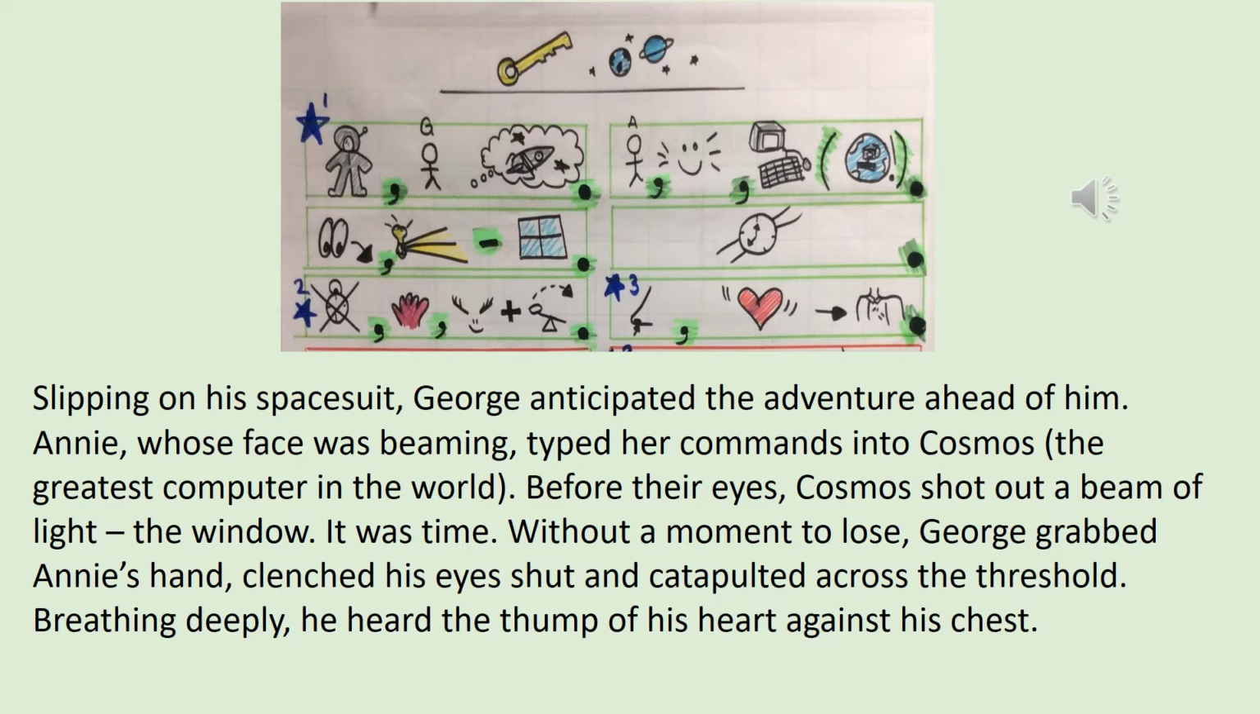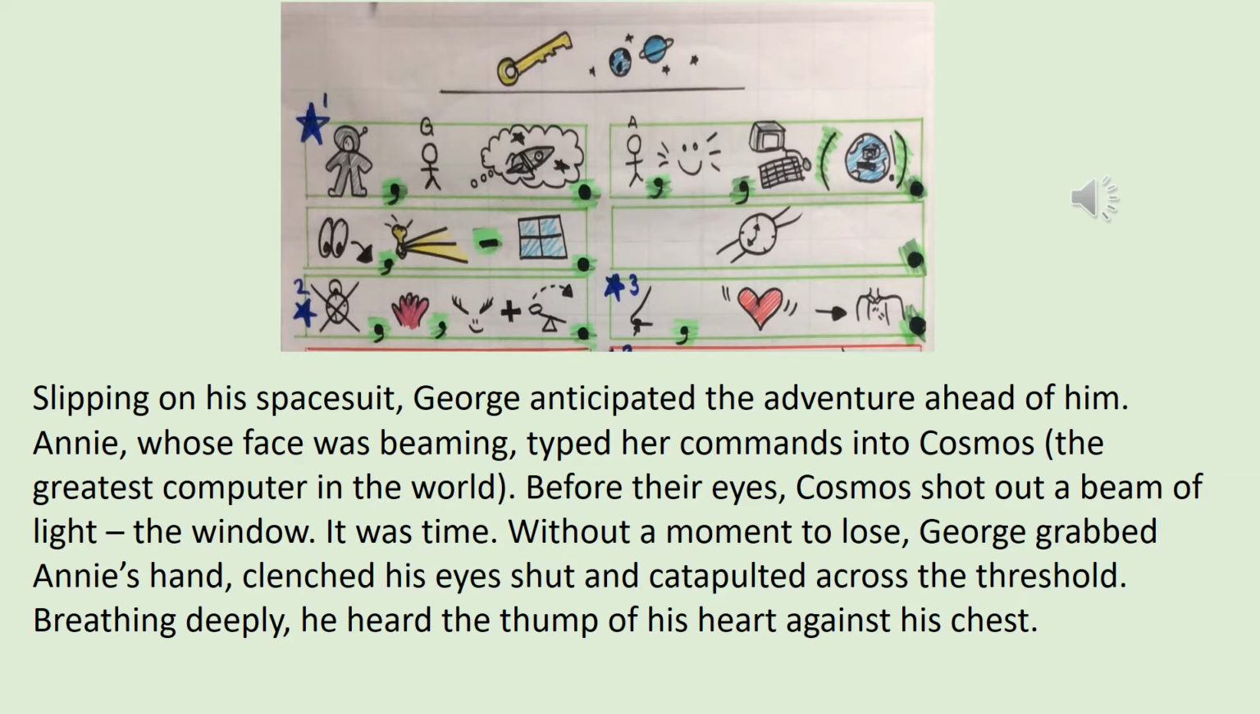Obviously that's quite tricky to draw. So what Miss Mayhew did was she drew a little man in a spacesuit. She drew her stick man with a G on top to represent George, and then shows that he is thinking about his rocket adventure. In the next box: Annie, whose face was beaming, typed her commands into Cosmos, the greatest